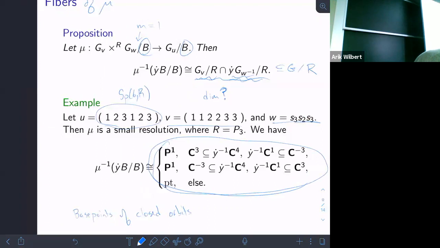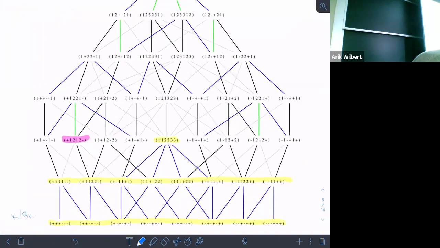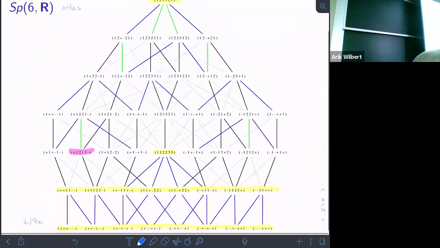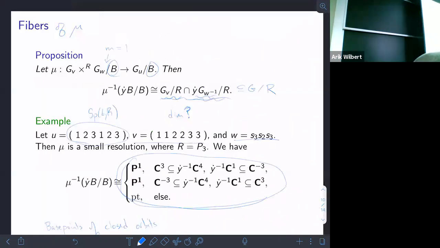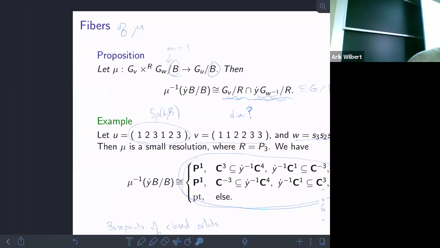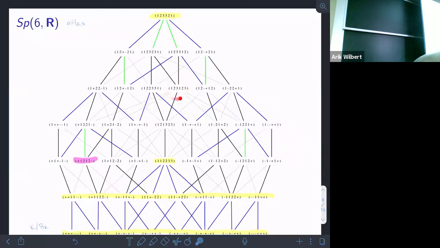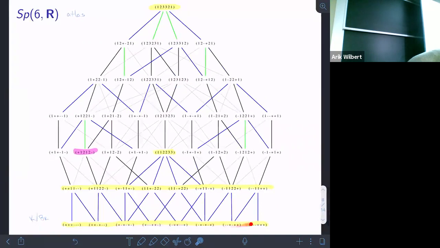You can go back. So 1, 2, 3, 1, 2, 3. The first two lines, I think there's just a negative sign that's different. Oh yeah, like the -3. It's very similar, just the plus and minus has changed. So 1, 2, 3, 1, 2, 3, that's way up here. And in fact, all of the closed k-orbits are in the closure. And you can check using that description that it's a one-dimensional fiber over